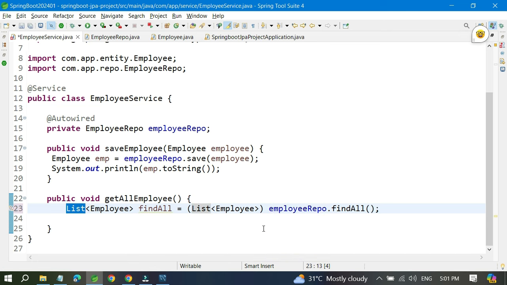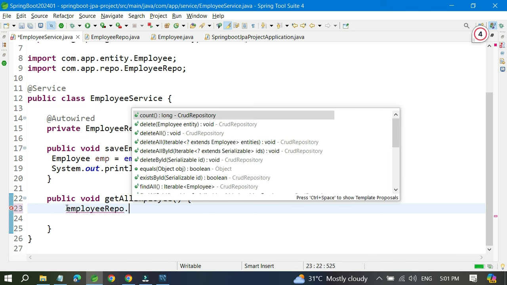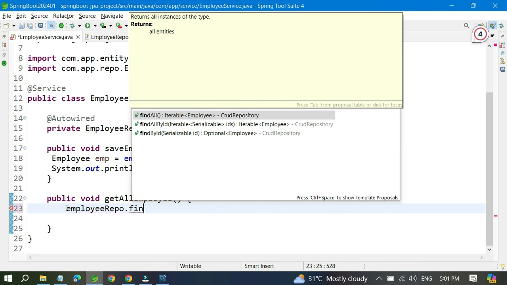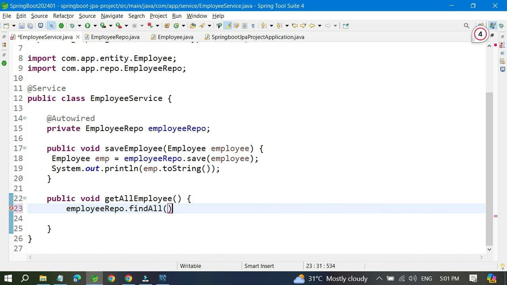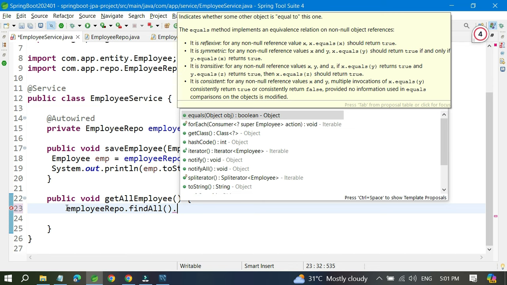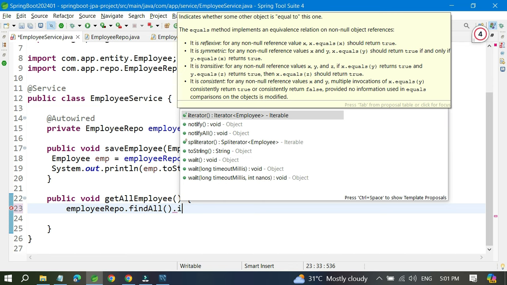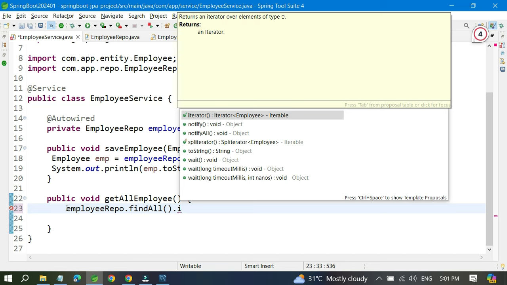Dot iterate. Okay, so it's returning me an iterator. So what we can do is from the iterator we can read it. Okay, that is also a way to do it. Iterator, enumerators, lots of things we have. So find all will give you the iterators. So for each